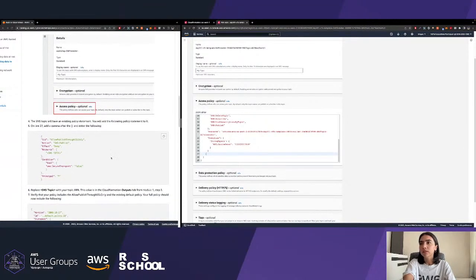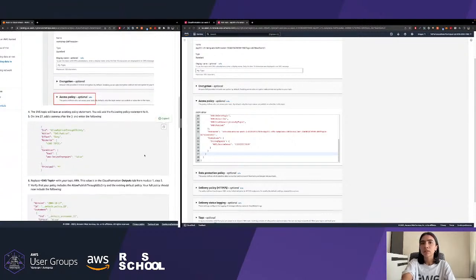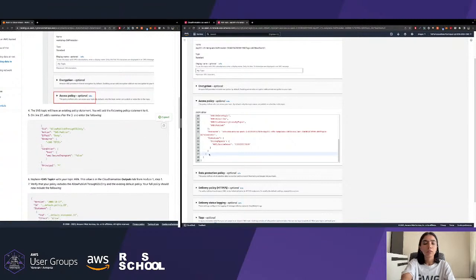What is documentation suggesting us? So we allow publish through SSL only, which is the secure protocol. Just copy this, go ahead to the access policy and edit.